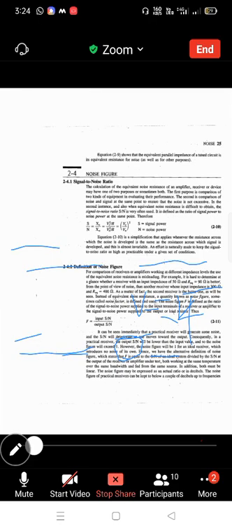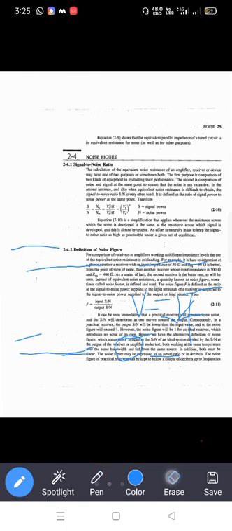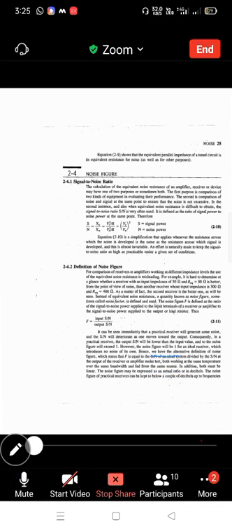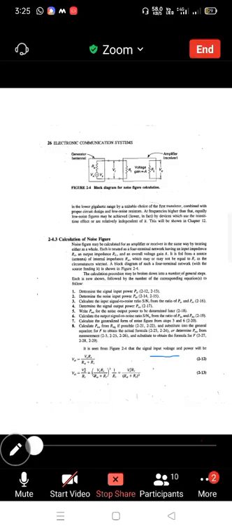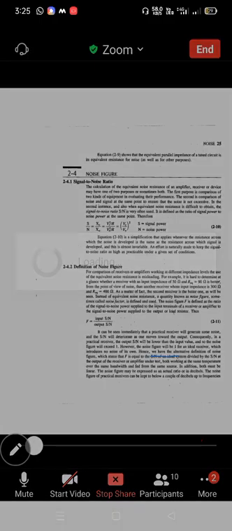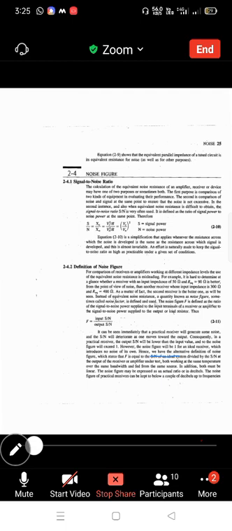tomorrow or in the next lecture what we have to study, we have to study the signal to noise ratio and noise figure. After that we have to study the calculation of noise figure. So within 2 lectures we will complete our unit number 1, 2 to 3 lectures I think so. And again today's task is to see the radio videos, old age radios.